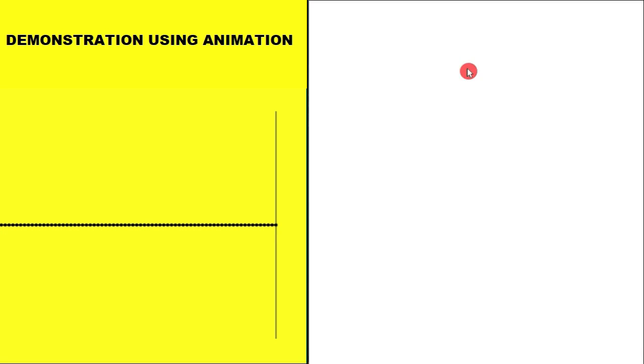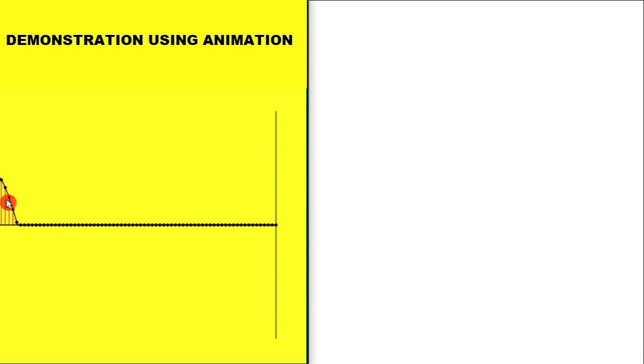Students, today's topic will be standing wave. But before going to the expressions or definitions or conditions of a standing wave, let me first explain it through an animation. If you understand this animation part clearly, then the equations will not be that difficult to understand. So let us start.